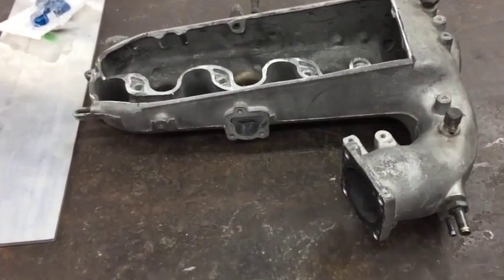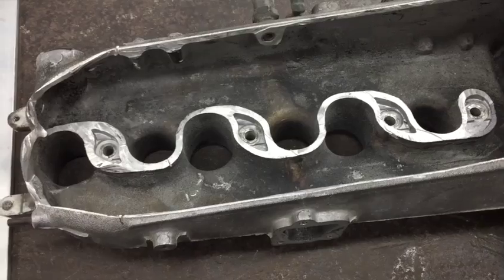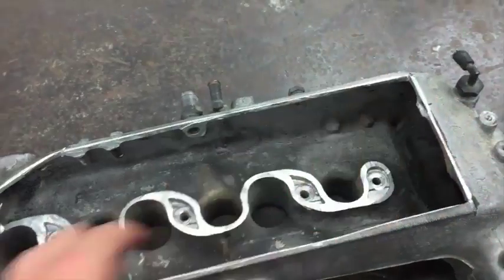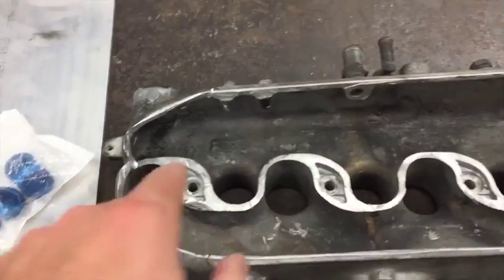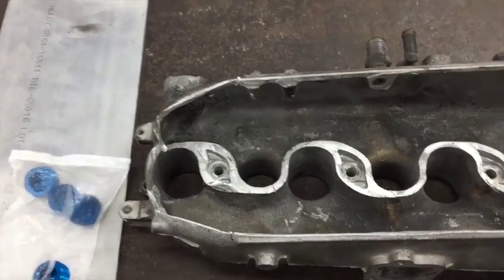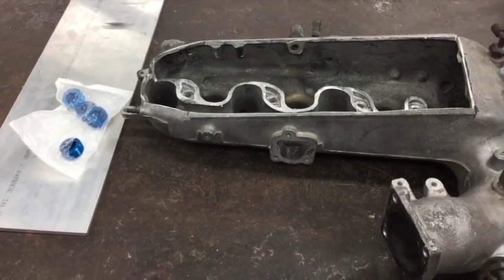and this is the intake off of it, and they want this milled out. I don't know exactly what they're looking to get done here, so I've got to figure that out, but they dropped it off while I was gone, and then they brought a plate to go over it. That plate will get welded to the top, and I'm guessing these will become injector bungs, maybe, for the top. I don't know what I'm doing with these. He did say something about drilling and tapping something,